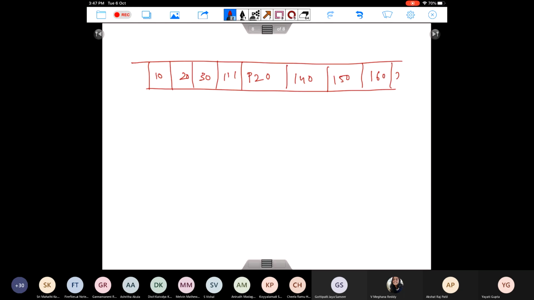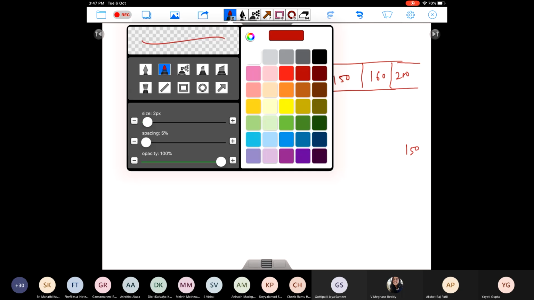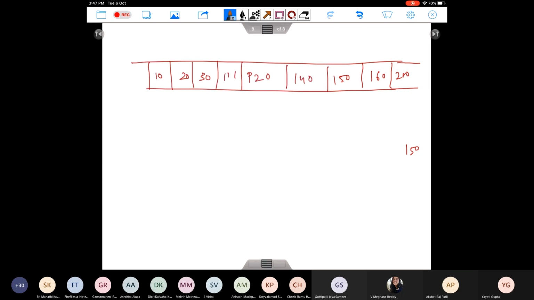Assume that this is the array given to me and I have to search for the element 150. So how will things proceed? Which is the middle element here? So this 120 is the middle element. I know that I'm searching for 150, which is greater than 120. So now this array is passed in the recursive call. The second person receives this array, so now our aim is to search in these four numbers. What is the middle element in these four numbers?